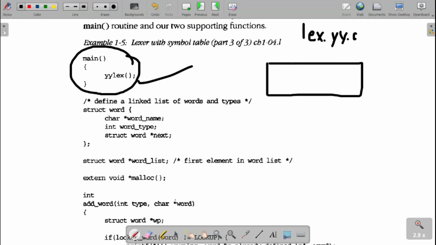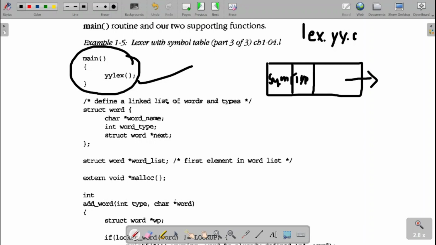Each node will have 3 fields. The first one will be a symbol. Symbol is nothing but your word. Whatever word we are passing, that will be my symbol. And the type of it. Type means noun, 1 to 7 we have seen, starting from verb. Verb will be equal to 1, adverb, adjective, conjunction, and all. So that will be the symbol, that is the type of it. Then next to that, we have a link to the next node.